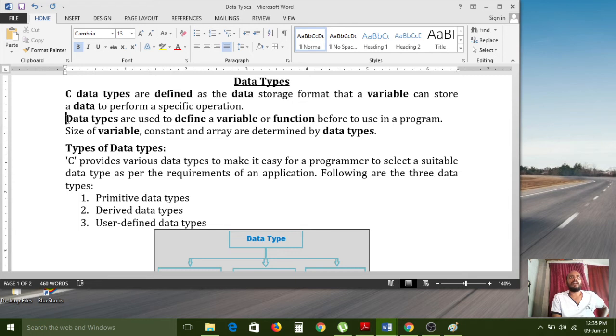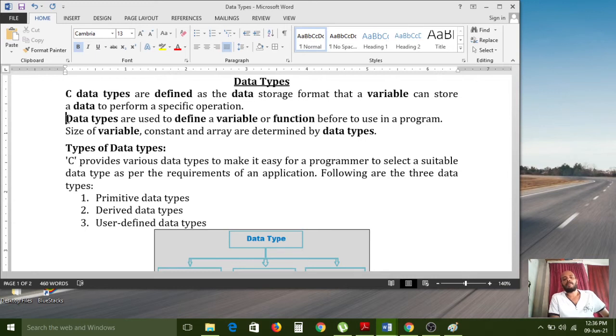Without data types we can't create the program, write the program, or execute the program, because while the program is running, data types allocate the memory for each and every statement. Without memory it cannot run the program.